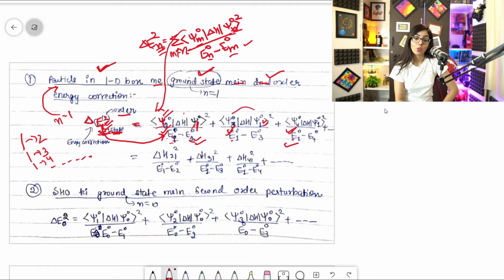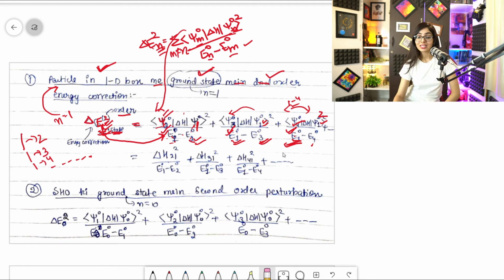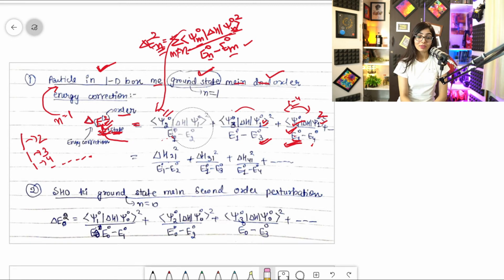And now you have taken 1, 3. So here it is 1 and here it would be 3. Clear? Everything is the same. Now 1, 4. For 1, 4 you have written 1 over here, you have written 4 over here, and here you have taken E1 minus E4, and the square will be there. Clear, guys? Also just pay attention to this thing. If this thing is not clear to you guys, just tell me.